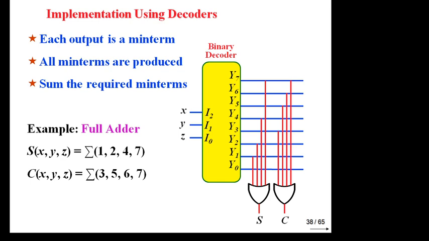Means in min terms form. So in case of 1, 2, you will give them at input of OR gate. In case of 4, 5, 6, 7 which are in max term, you will convert it into min term. So what will be the min terms? Remaining terms means 0, 1, 2, 3. Now you will connect 0, 1, 2, 3 to input of OR gate, and that will be the required answer in F2.